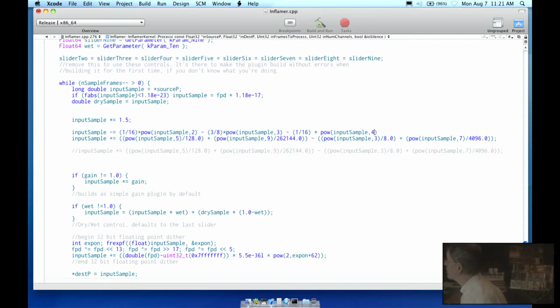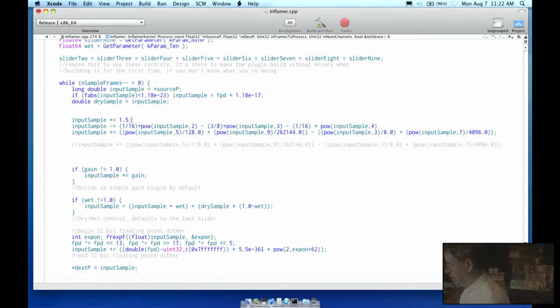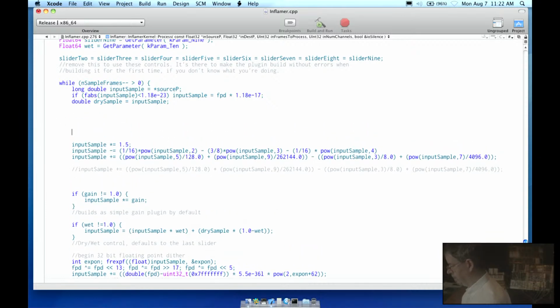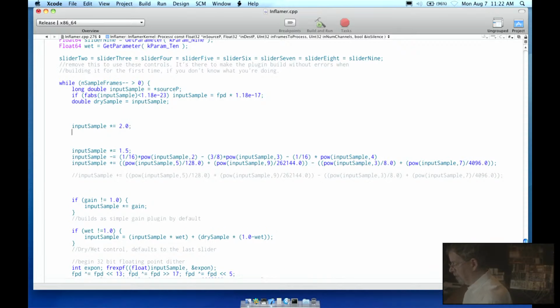Some powers are going to keep negative numbers and some powers will always convert them to positive. And that is why the first one starts off as that, and then